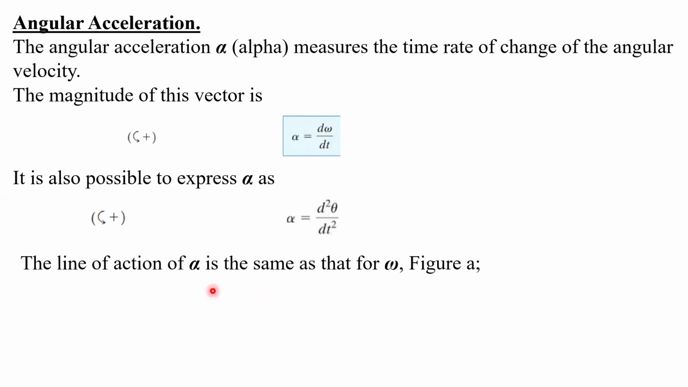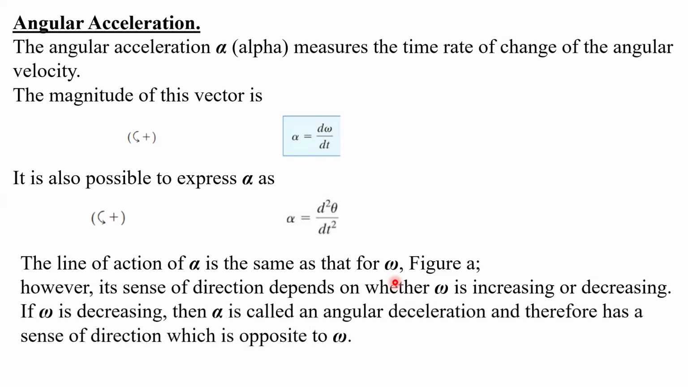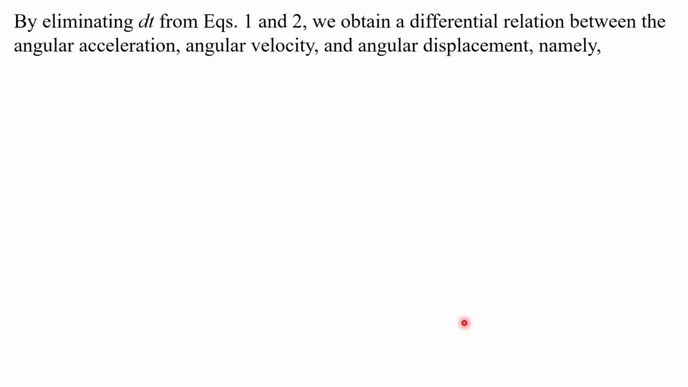Now, the line of action of alpha is the same as that of omega. However, its sense of direction depends on whether omega is increasing or decreasing. If omega is decreasing, then alpha is called angular deceleration and therefore has a sense of direction which is opposite to omega. By eliminating the t from the equations above, we obtain the differential relations between the angular acceleration, angular velocity, and angular displacement. Namely,